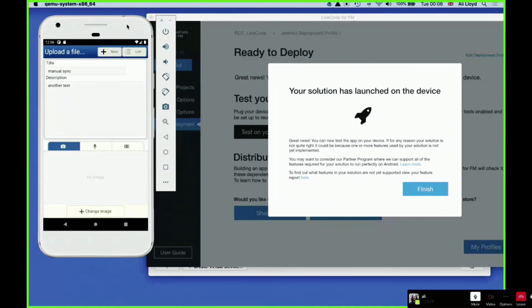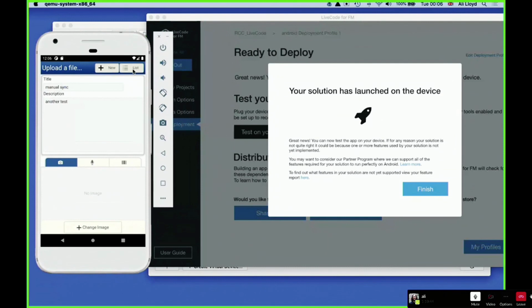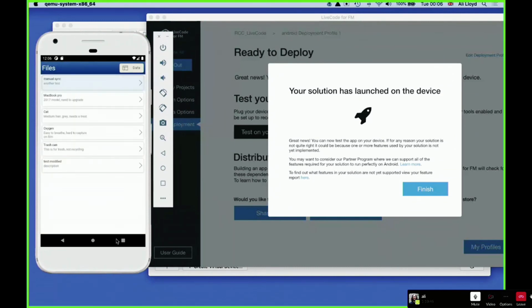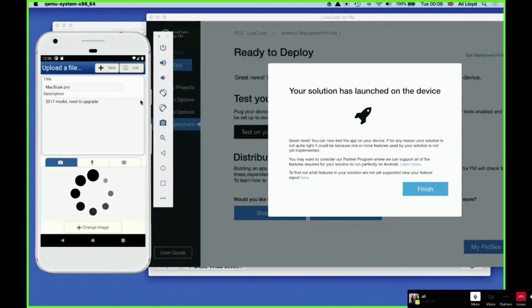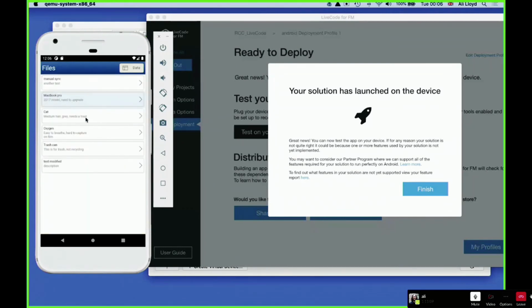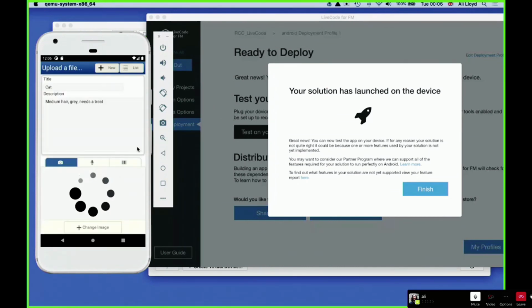Okay, so this one we had automatic sync on, so it's downloaded all the records that were on the server, and we'll just go into one of these. And there you go. That container there was deferred, and it shows the spinner until the image itself is downloaded, and then we can go out and back into something else. Same thing will happen.